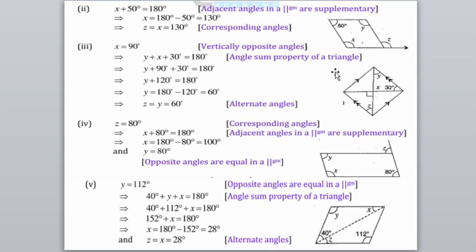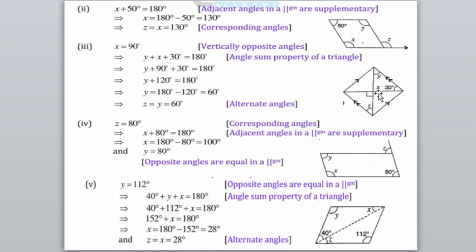Then third is a parallelogram in which one angle is given, that is 30 degree, and the remaining x, y, z we have to find out. So here x equals 90 degree. Why x equals 90 degree? Here, see, they both are vertically opposite angles. We know that vertically opposite angles are equal. So here it is given a 90 degree angle and x is exactly opposite to it, means it is a vertically opposite angle, and the vertically opposite angles are always equal. Therefore we can say x equals 90 degree because it is a vertically opposite angle.